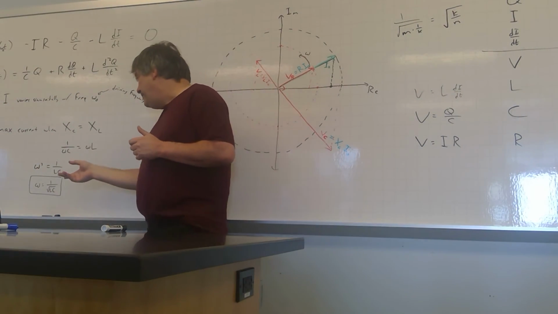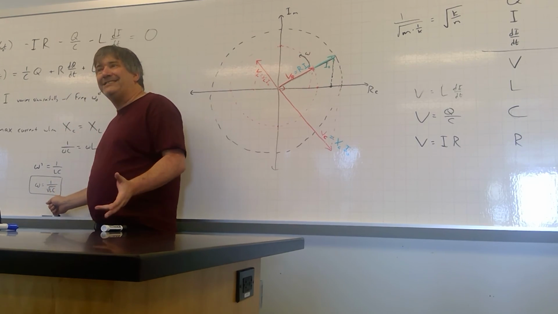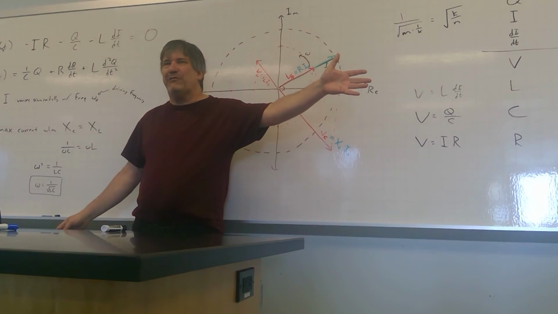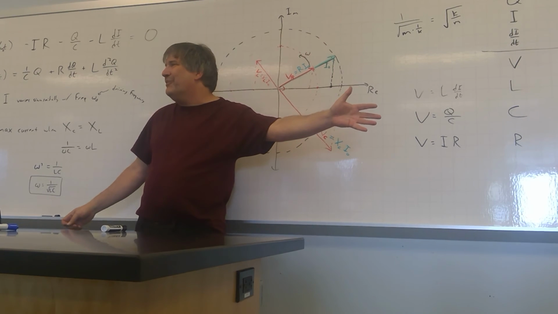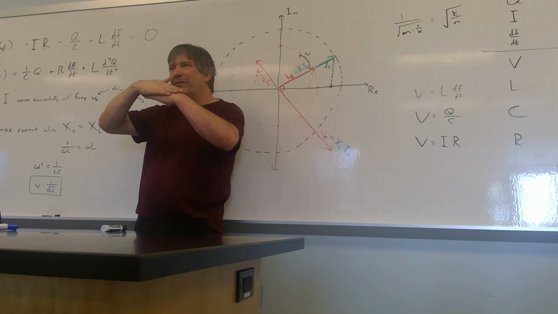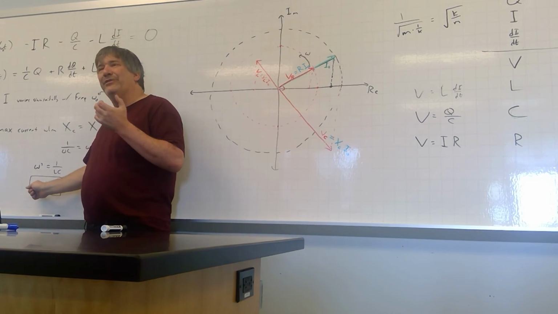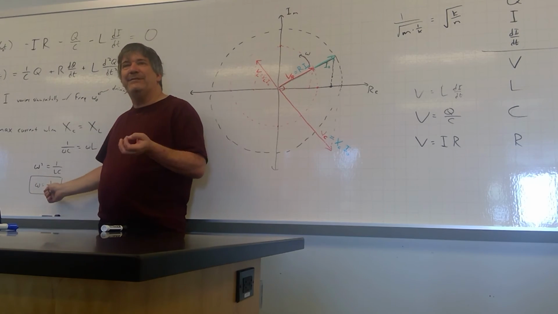But how do you actually do this? On an old-fashioned analog radio, you would change the capacitance. In fact, we've seen some of the capacitors that you were playing with in class were taken out of an old-fashioned analog radio, and as you're turning it, you're just changing the area of the plates that are across from each other. But you tune that capacitance until your natural frequency is the same as the frequency of the station